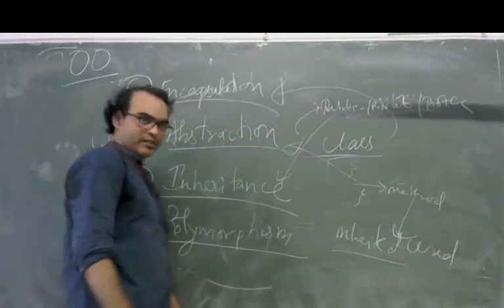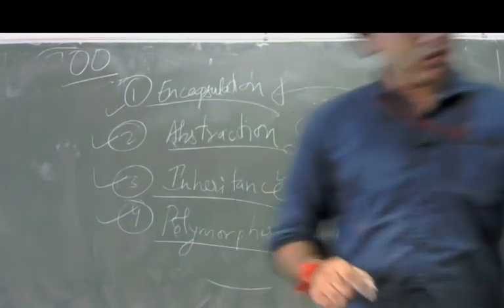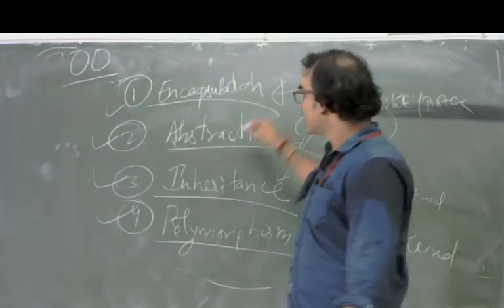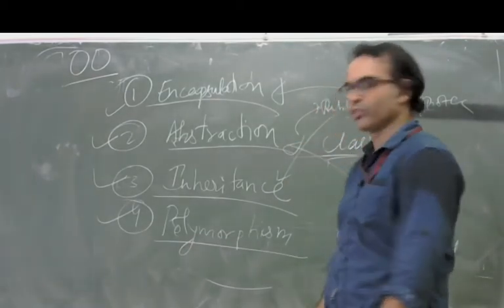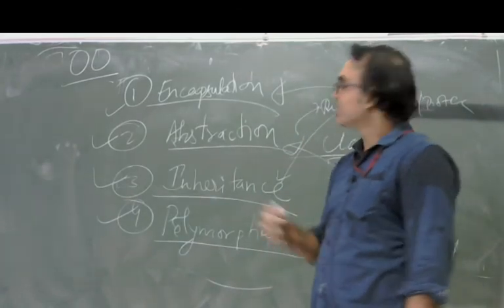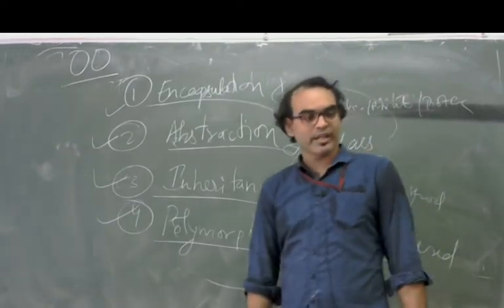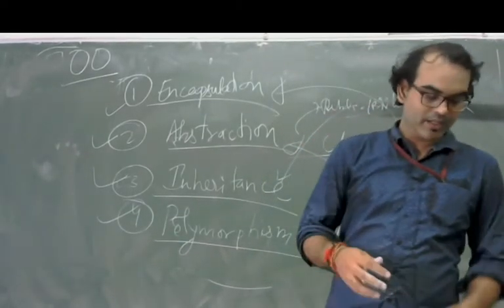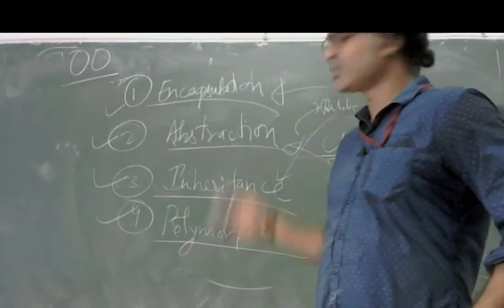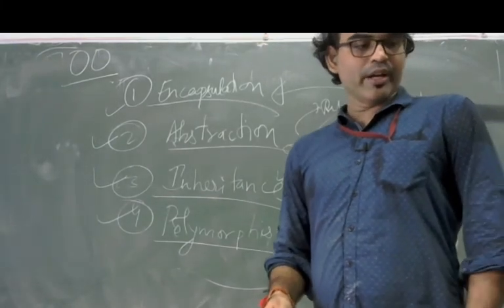So I hope you understand what a class is all about, what the object-oriented principles are all about, and how they are realized with the help of encapsulation, abstraction, inheritance, and polymorphism. In our classes, we already discussed encapsulation, abstraction, inheritance, and polymorphism. In continuation, we will understand how these things are taken care of by the various keywords and classes. Okay, moving ahead.